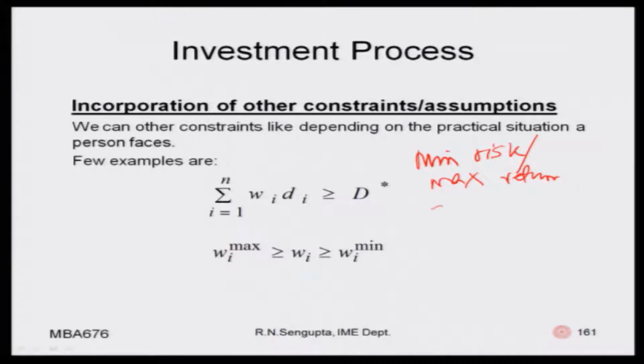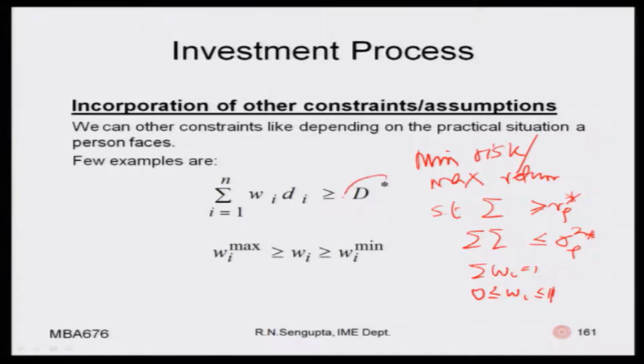Now, till now we have considered the subject to constraint that the summation of the portfolio returns is greater than or equal to some R P star, where star means a value which changes. Similarly, for the double summation, the variance of the portfolio is less than or equal to some sigma square star P, P being the suffix, and so on, where the weights sum to 1, and the weights are between 0 and 1 if there is no short selling. If there is short selling, obviously that changes. So, another case can be where it is greater than some fixed D star value of dividend which we